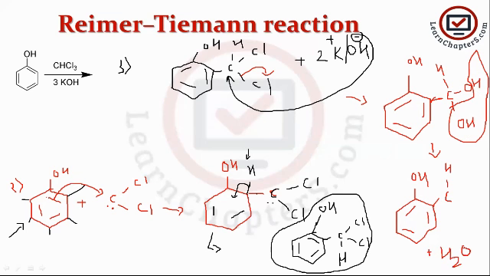So what remains? It remains only a double bonded oxygen. This oxygen forms a double bond. Okay, because the oxygen hydrogen bond gets detached and the carbon oxygen bond gets detached, so they form a mutual bond between them. Okay, so this is our final product of the Reimer-Tiemann reaction.